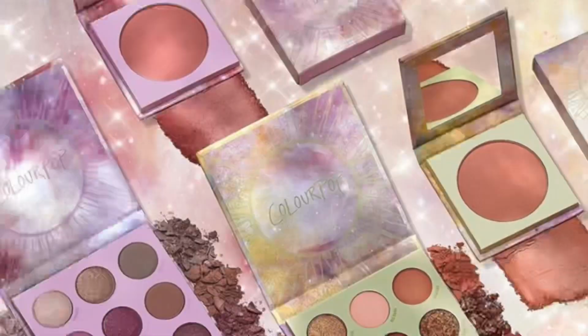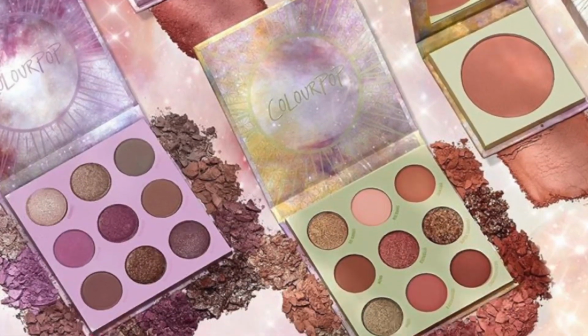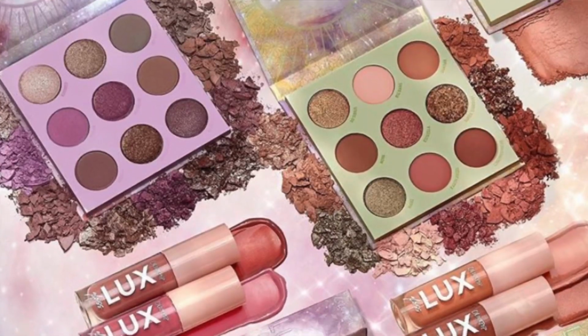Okay, so just when we thought ColourPop was taking a little chill pill and wasn't going to release a full collection every single week, they hit us with Ulta. And they have 2 palettes, 2 blushes, and 4 lip glosses from what I'm seeing. The palettes at Ulta,